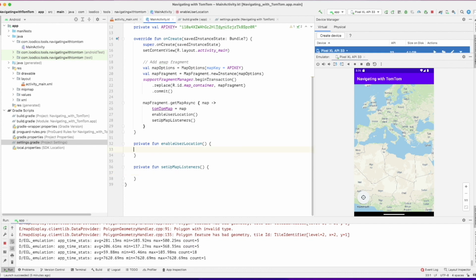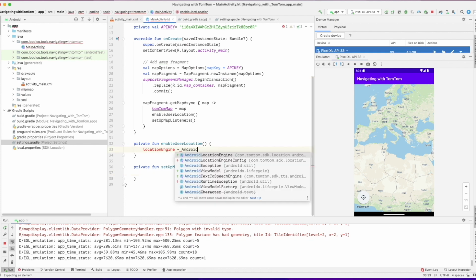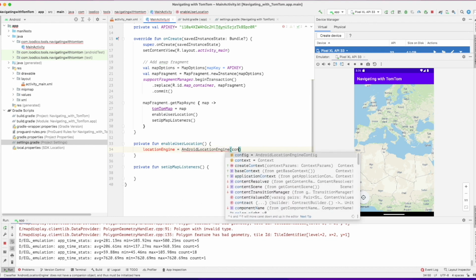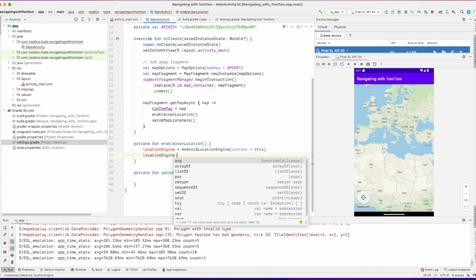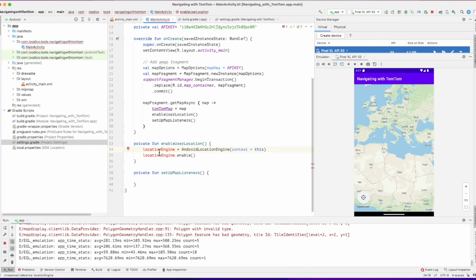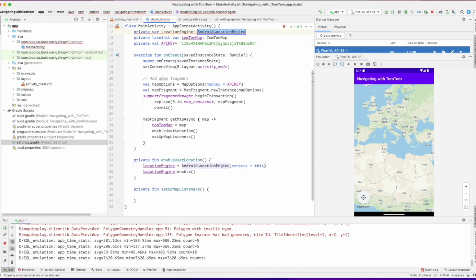And I believe the first feature that we have to implement is how to detect your location. To start our little demo application, I think we need to know where we are first, and then we can choose a destination. So let's create a location engine object. We're going to use right now the Android location engine, which is the one that the phone provides for us.